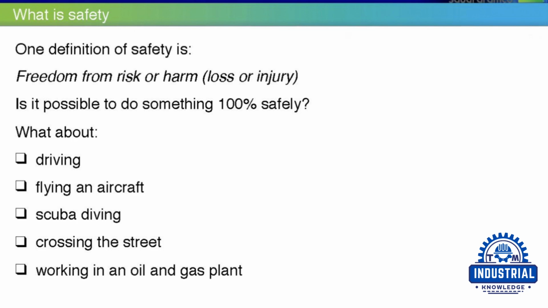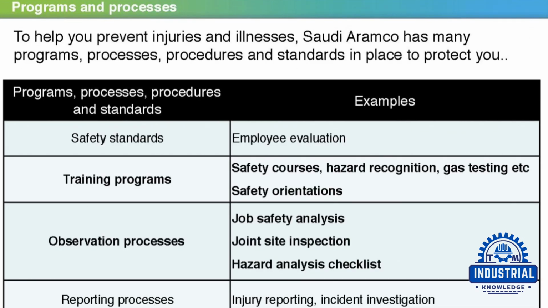What is safety? One definition of safety is freedom from risk or harm, loss or injury. Is it possible to do something 100% safely? Driving, flying an aircraft, scuba diving, crossing the street, working in an oil and gas plant. To help you prevent injuries and illnesses, Saudi Aramco has many programs, processes, procedures and standards in place to protect